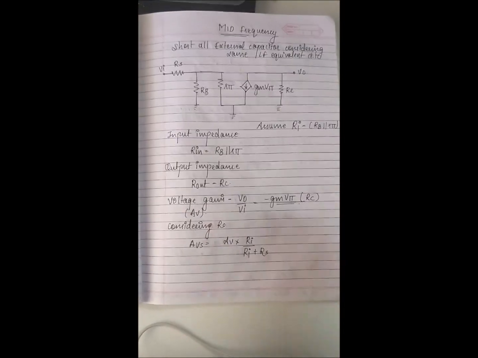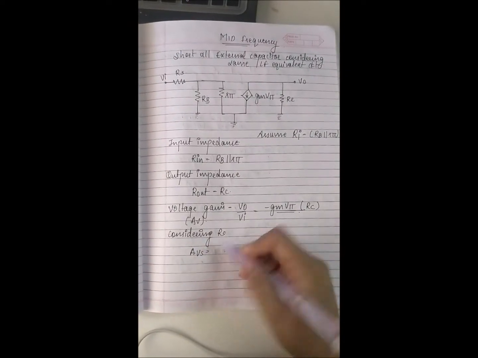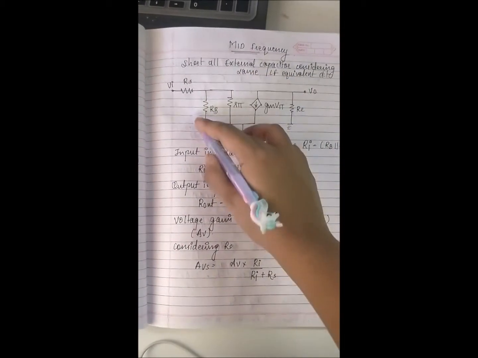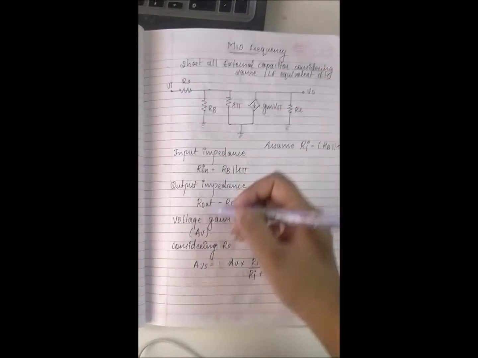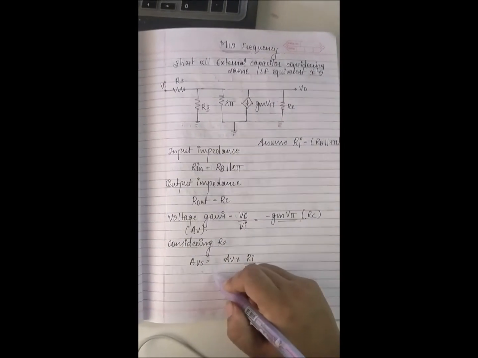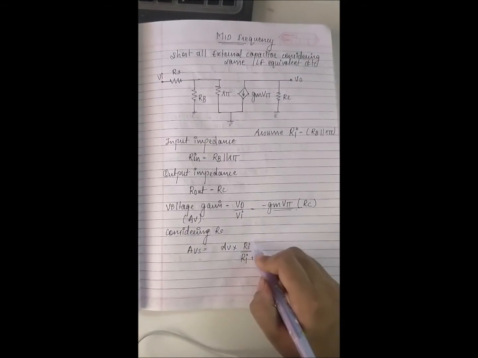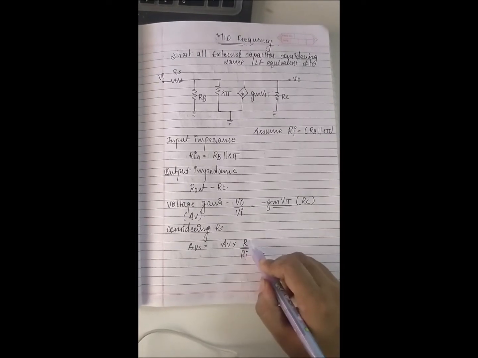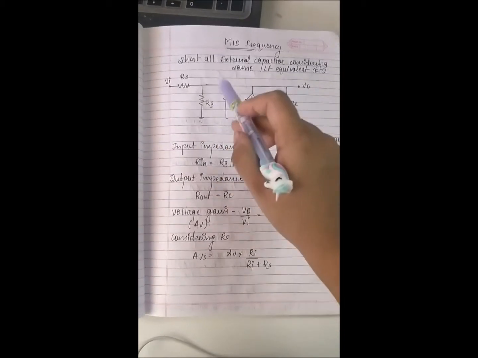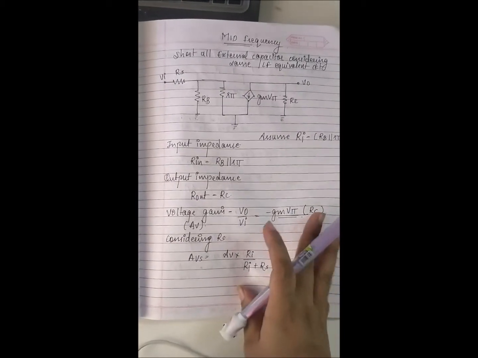As I told you in the lecture, we are only considering the output resistance over here. If you want to consider RS in the circuit, we need to consider this as a single circuit, and RS is the external part used over here. Whenever we need to calculate AVS, it is nothing but the voltage gain with considering the source resistance. It will be the AV multiplied by Ri upon Ri plus RS. So Ri is nothing but these two in parallel with each other. So this is considered as Ri. So Ri upon Ri plus RS times AV is nothing but the AVS. This is mid frequency analysis.